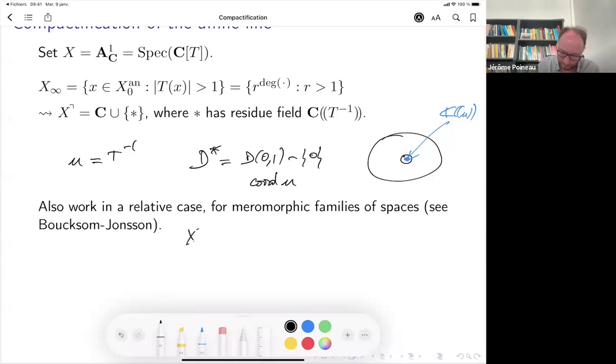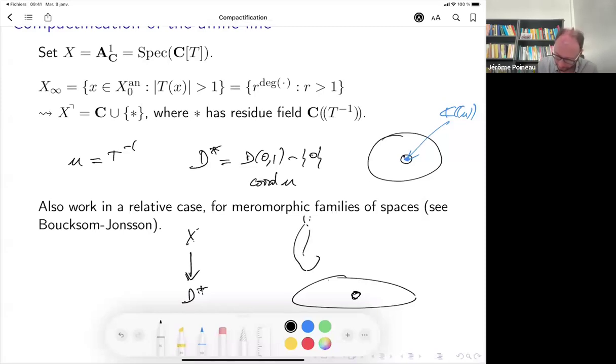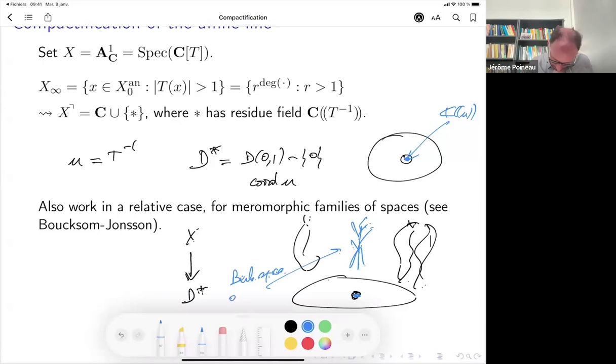So if you have X, some meromorphic family over some puncture disk, so this is a puncture. So you have a lot of spaces everywhere. Okay, and then you add the blue point, and you end up with some Berkovich spaces in the middle, which is a Berkovich space over C double parenthesis U for this residue field.